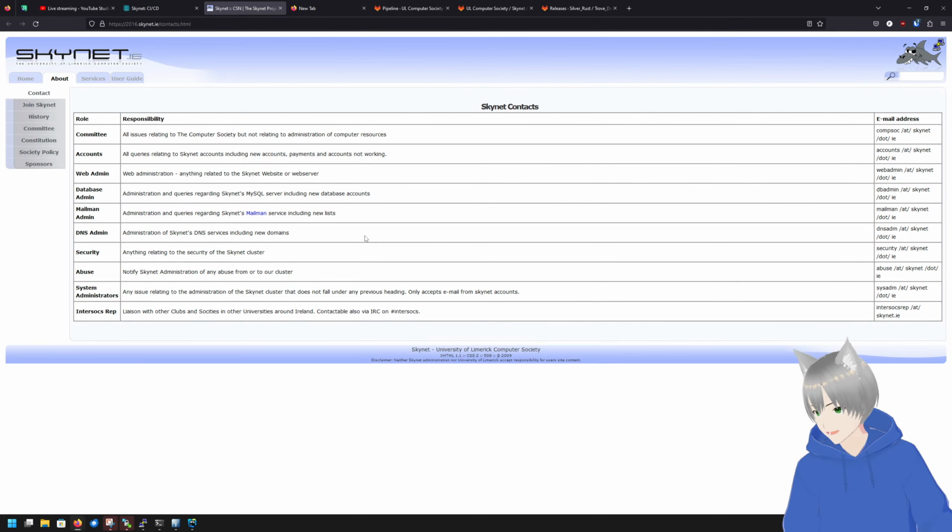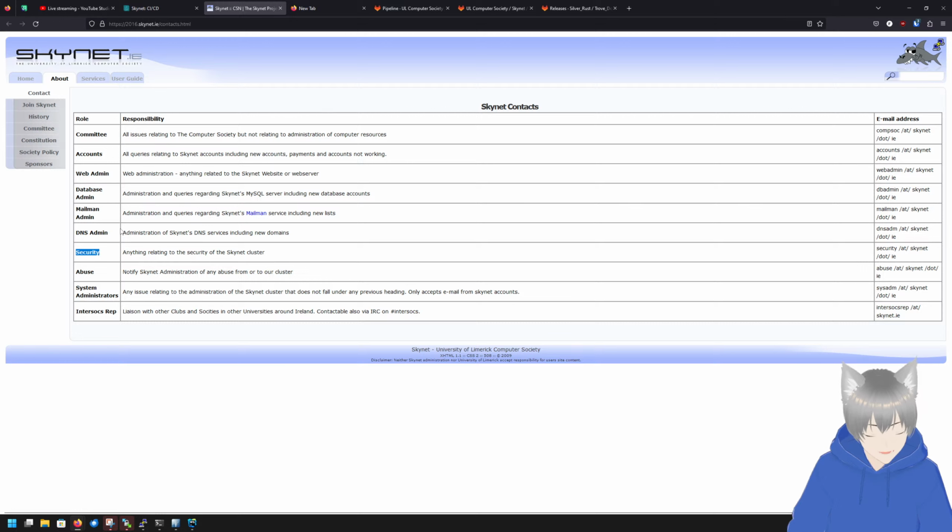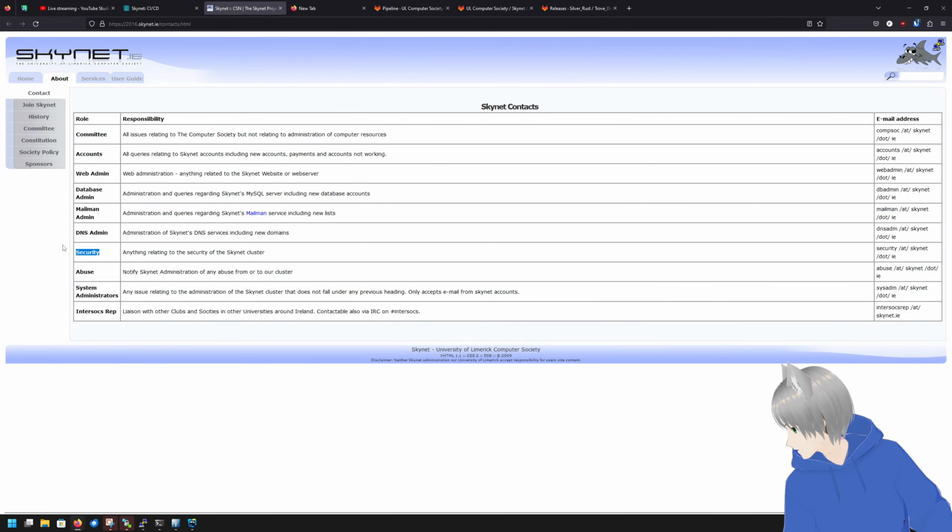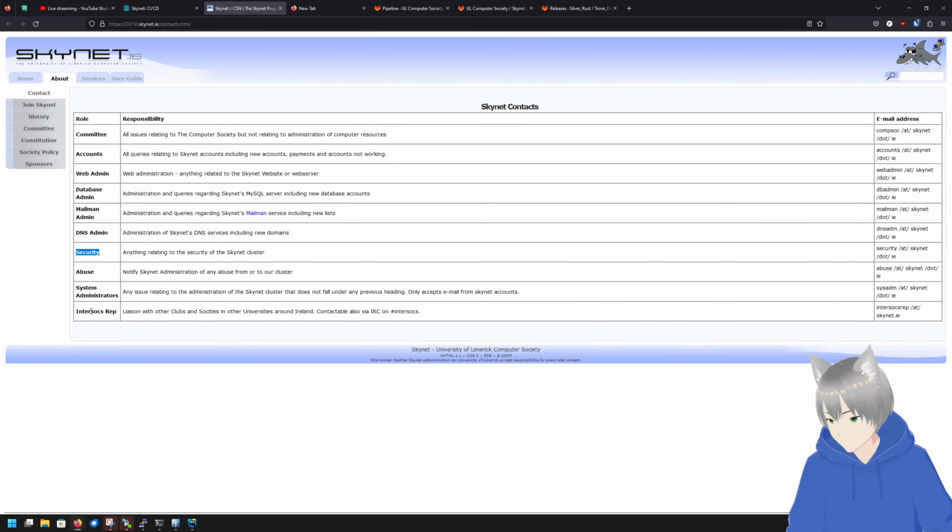That's kind of automated away as well, so that's not really an issue. And technically, there was also the security admin as well, but they were just called security. But I don't think that was really active for a while. I wonder why. System administrators, that's the entire group.